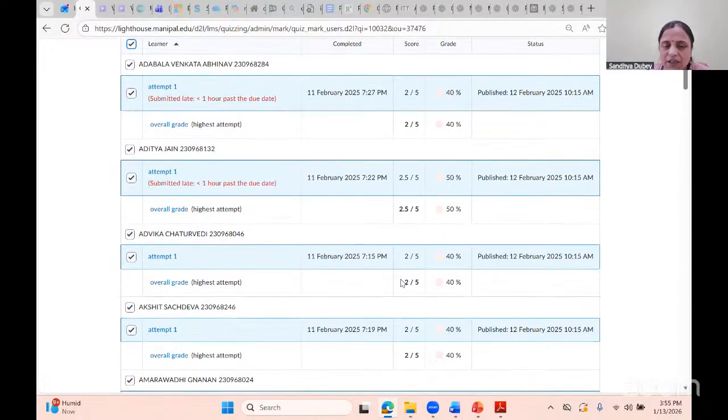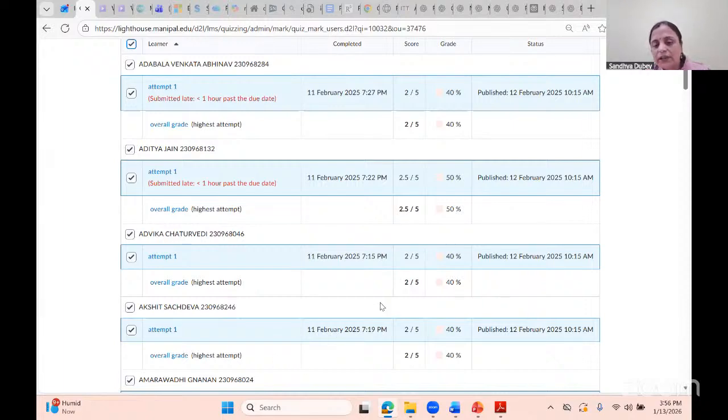So it is possible that even though they are out of our eyesight, we can maintain the integrity of the exam or evaluation, such that the complete assessment will not be done by AI or with the help of a group of students. If it is an assessment to be done by the individual student, we need to ensure that it should be within a time and it should be done by only the individual candidate.